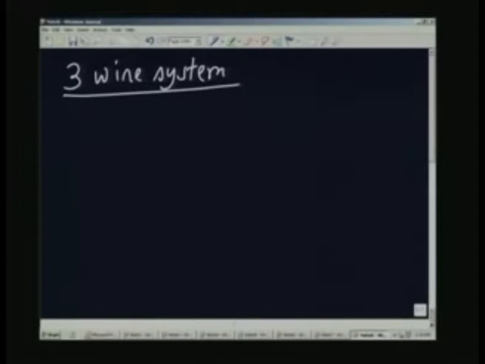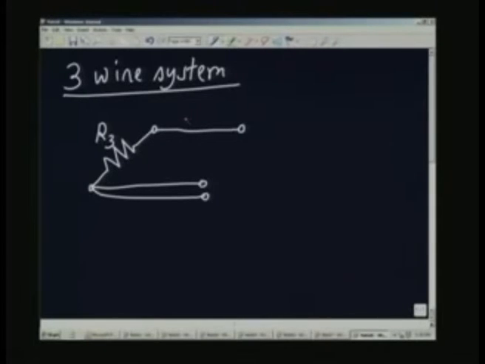So, what I will do is I will draw a simple sketch here. This is the gauge which I will call as R3. I will always use the symbol R3 for the gauge, and it has 2 leads, and these are the 3 lead wires which are going to come out of that. So, this is RL, this is also RL, this is also RL. These are the 3 lead wires coming out of the 2 ends of the strain gauge.